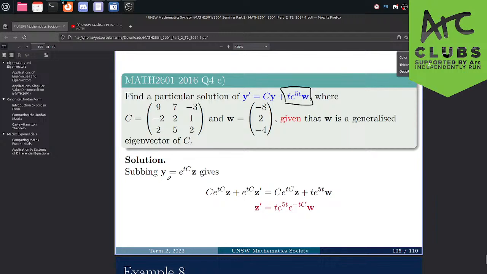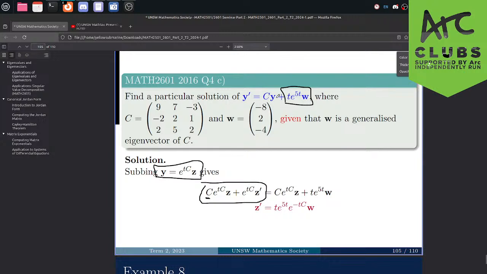So what we do is we guess at a particular solution. We say y is in this form, the exponential matrix exp(tA) times z. And we get that on the right-hand side of this expansion. We can use the product rule. Remember that when differentiating a function with exponentials, you can treat the exponential as a constant. So you get the A at the front.